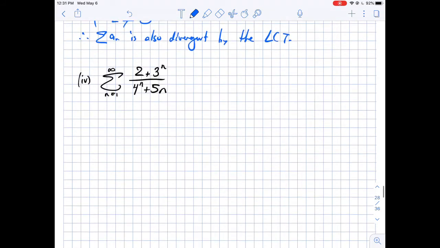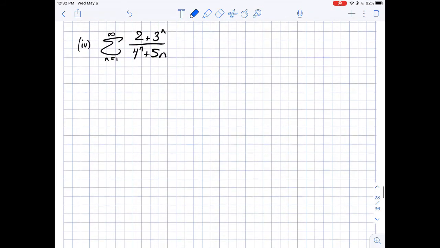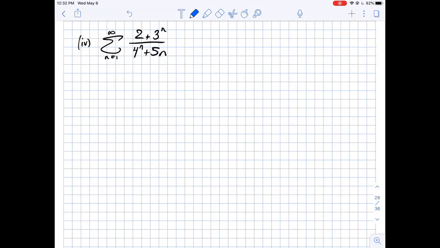So let's take a look at this fourth example, and here again we're looking to use the limit comparison test where an is 2 plus 3 to the n divided by 4 to the n plus 5n, and we want to know what is going to be our choice of bn. What are going to be the dominant terms here? So in the